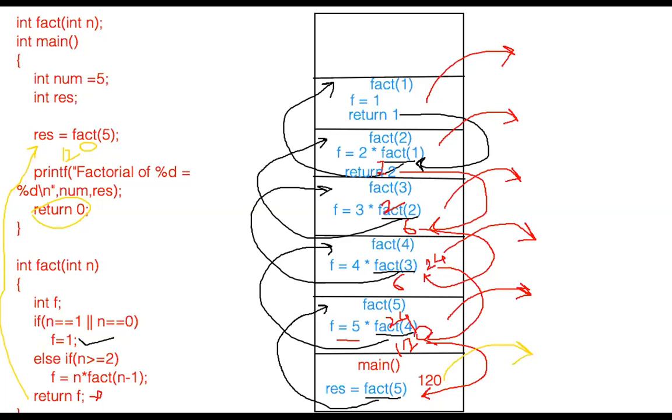Actually, a return value means that before completing the process of popping, some value you are returning to the calling function. That is only the return value. But it doesn't mean that if you are not returning a value, your function does not pop. Your function pops when there is no instruction to execute. Suppose here in the main function, this return 0 is not there. So after printf, which statement is going to execute? No statement is available to execute after printf.